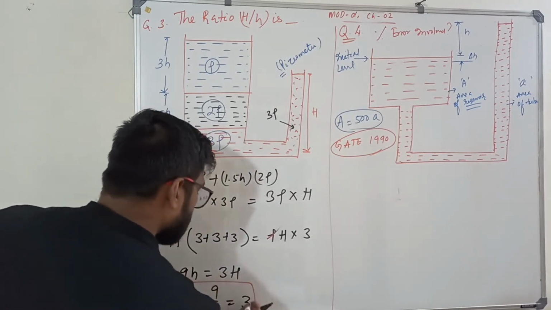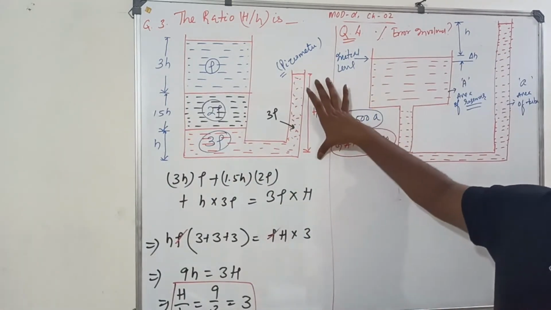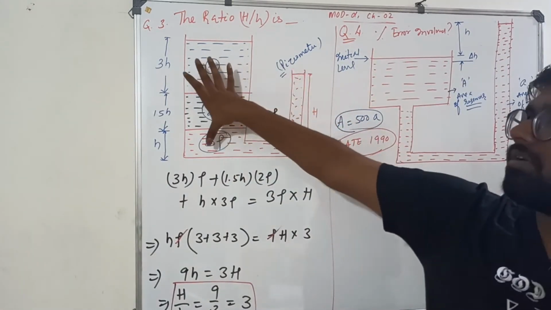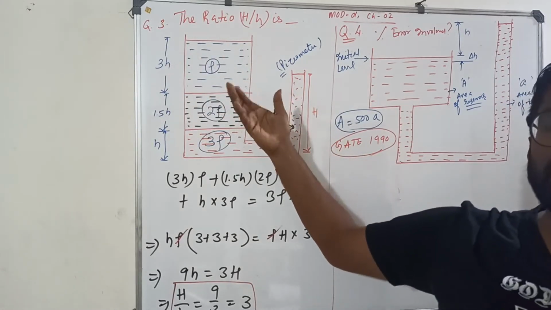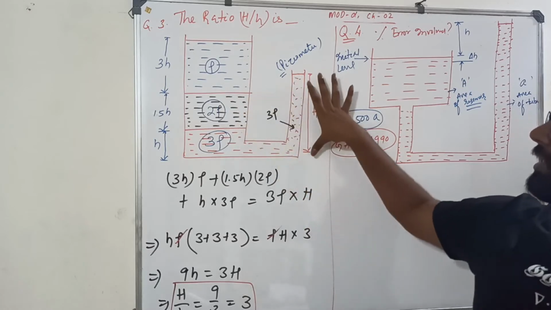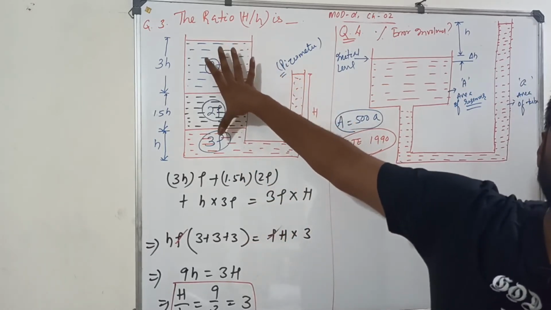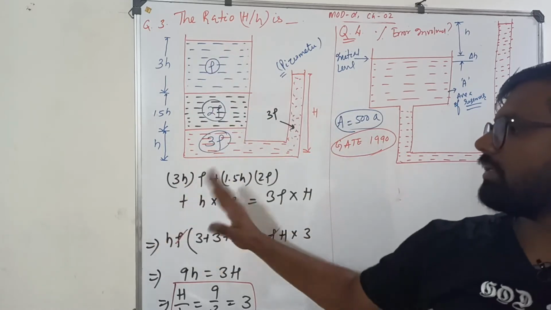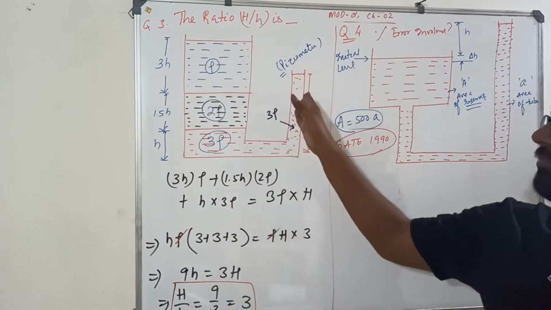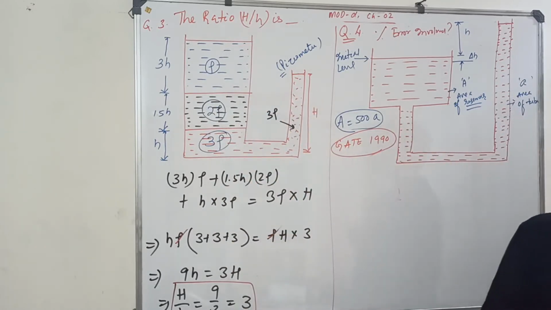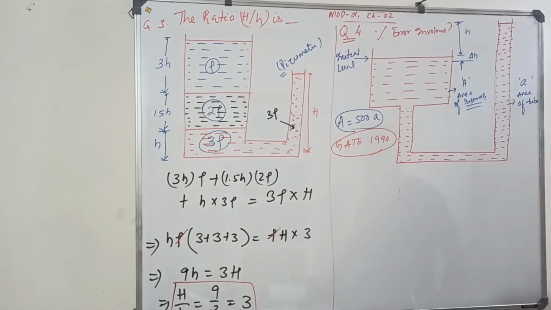One more question. You cannot waste more time. The pressure in the piezometer is nothing but the pressure of this. Yes or no? That's what the piezometer reads, right? It gives you the pressure. So the piezometric pressure is equal to the total pressure of the container here. That left and right hand side you balance. So how are you writing? Rho g h, rho g h, rho g h. Here also rho g h. So I have taken g common from both sides. Got it? Okay.